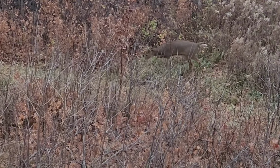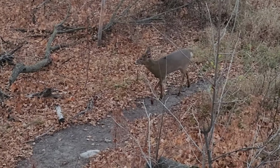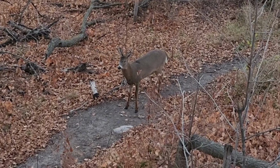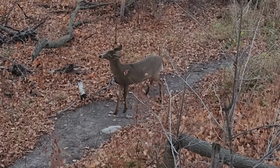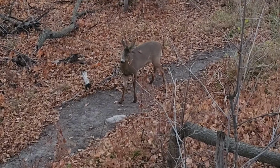So stacking doe bedding on doe bedding is what I'm trying to do here. Now, we hear a lot of times guys talking about trying to create buck bedding. The more and more we learn about buck bedding, bucks bed in a multitude of different areas for a multitude of different reasons, and each time of year is different as far as where they're going to want to bed. So it's really tough to create predictable buck bedding, but it's very, very easy to create predictable doe